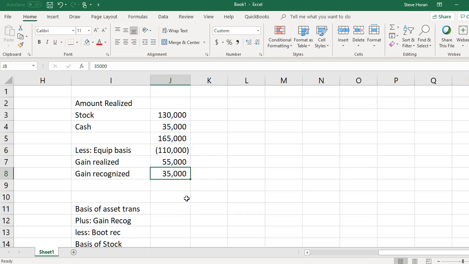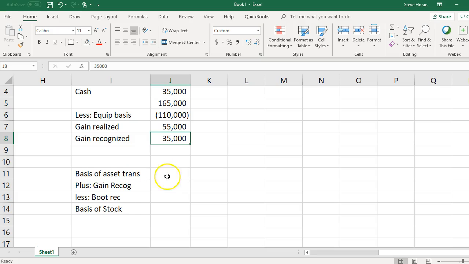And then for Yvonne, her basis down here. So this is Yvonne's basis down here, and we look at the basis of the asset transferred, the $110,000 on the equipment, plus the $35,000 in cash that she received, plus the gain recognized on that, and then minus the boot received. And so that's just minus the $35,000 again. Okay. So basically she was just paid for her gain. We sum those all up, and her basis is 110. Okay. So Yvonne's basis is 110, and